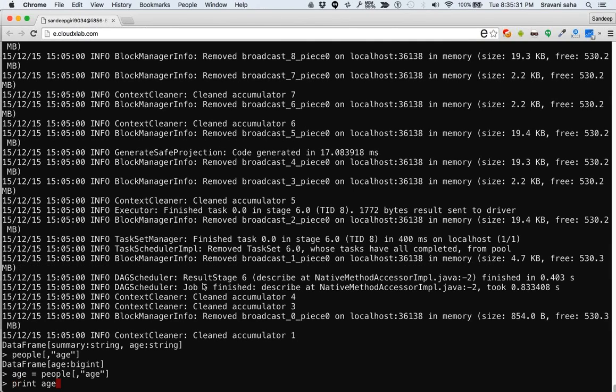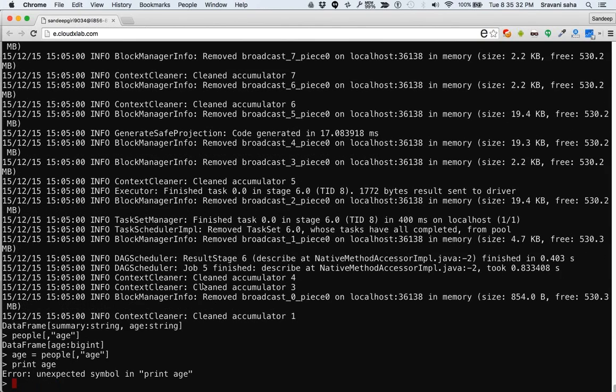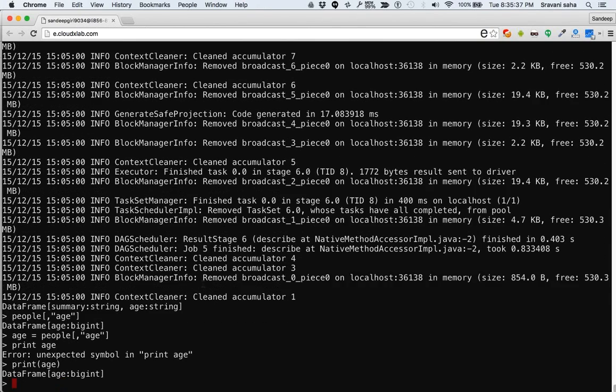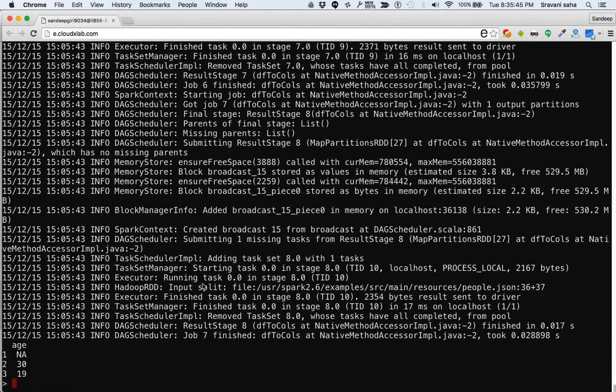If I have to say print age, if I say head age, what happens? Okay, good. If I say summary equals summary of age,